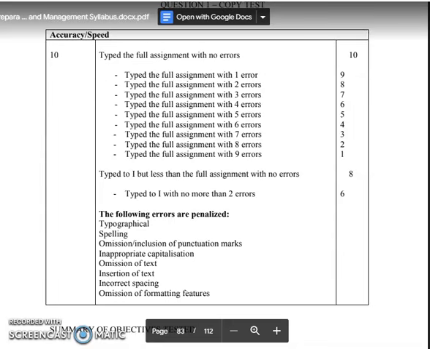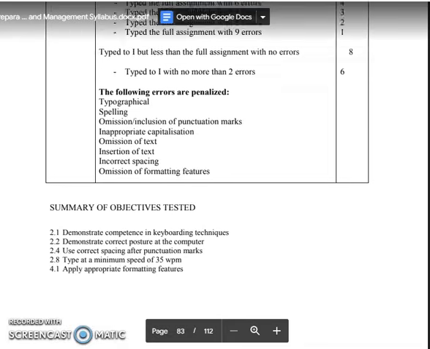Now, formatting speaks to how you fix up your document, all right? And as I said to you before, it is not every time the paper or the exam is going to state what you need to do. Certain things you should know by being a student of the subject. All right, so like if the heading is in the center, you know that the paragraph should be indented and things like that. All right, so formatting features. So how do we go about this? It has another section here that says